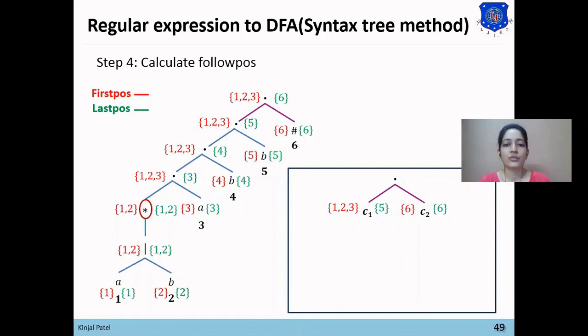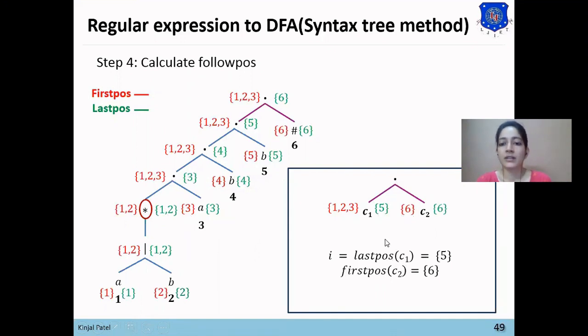There are two rules to find follow position, which are for the dot node and the star node. There is no rule for OR in finding follow position. So there are only two rules: one is for the dot node and one is for the star node. Now we are starting from the dot node. Here see that last position of C1 is 5, and first position of C2 is 6.